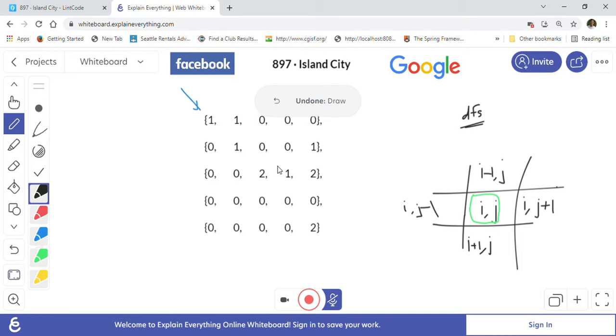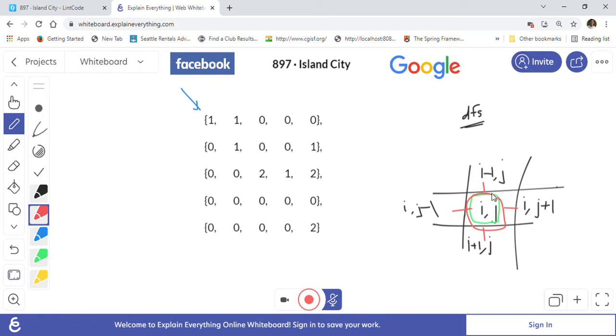To solve this problem we are going to use DFS, which is depth first search or depth first traversal. How DFS works is, if you are on this i comma j cell, then we will look in four directions: up, down, right, and left. Basically, i minus 1 j, i plus 1 j, i j plus 1, and i j minus 1.